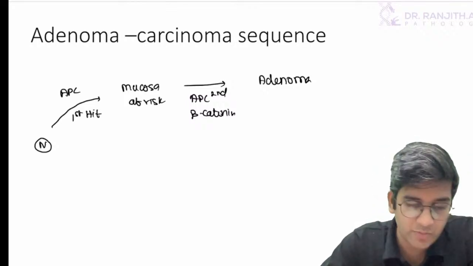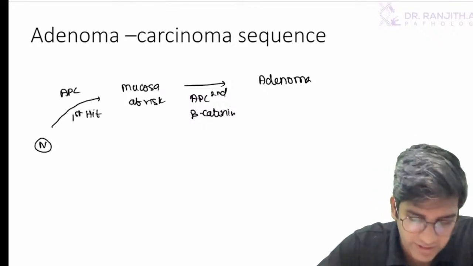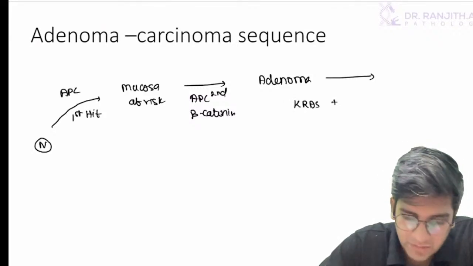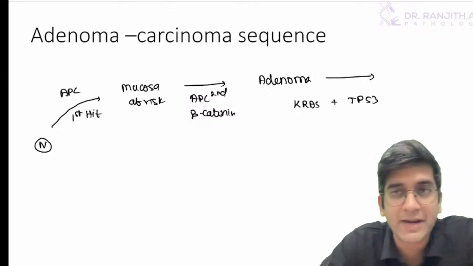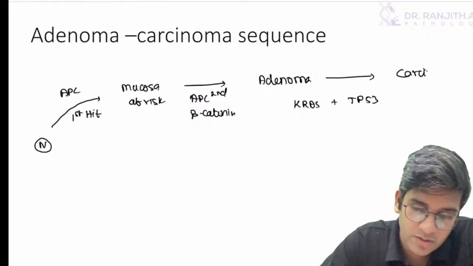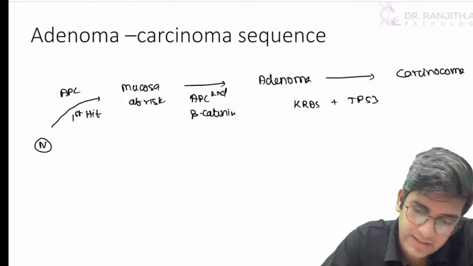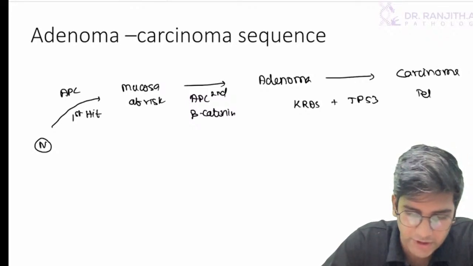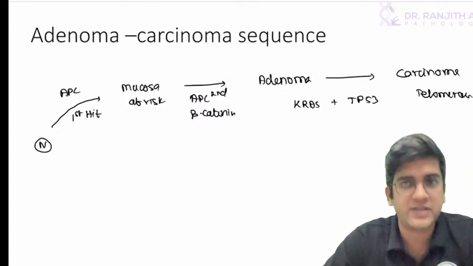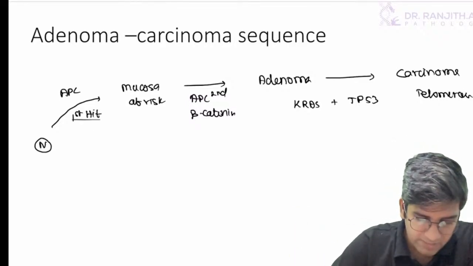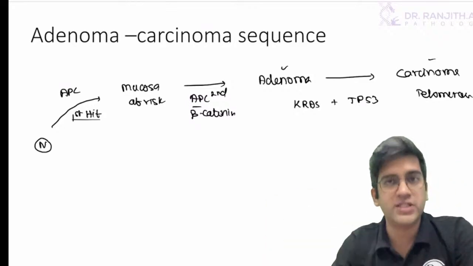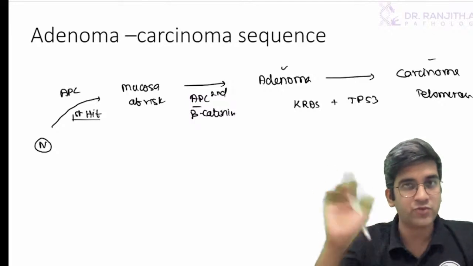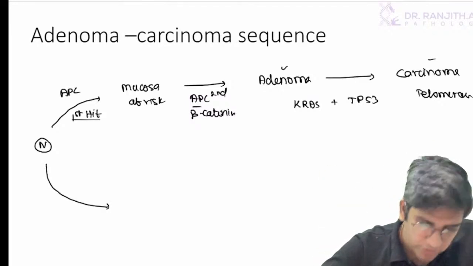They will not form a carcinoma unless I have more and more mutations, right? So to go from adenoma to carcinoma, I need more mutations, like KRAS should be there. I need a TP53 mutation, then it might become a carcinoma. So once it becomes a carcinoma, in order to metastasize, it might require telomerase activation. Okay, so finally I'll have a telomerase activation, right? So this word is important for me and this transition is important for me, right? It's an adenoma to carcinoma sequence from normal to abnormal. Perfect, right? That's for the normal one. Second, I have the same thing for HNPCC.